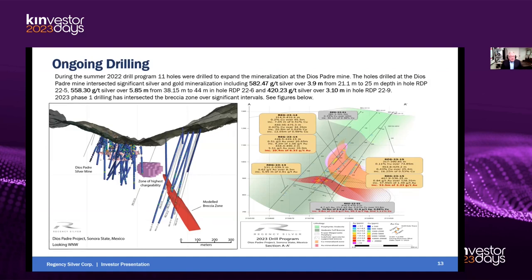The old theory was that this was a pipe of some kind, but it's not a pipe. This has been fed, obviously, from something underneath. It's been faulted off. So now we're going to be going up dip towards the silver mine, so we should be hitting gold all the way up. The gold seems to be getting higher grade as we go up, and then we should hit a gold silver